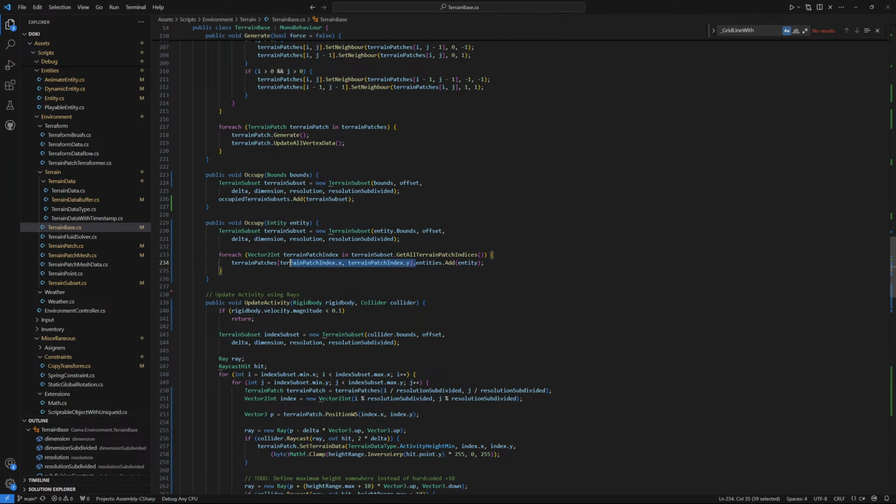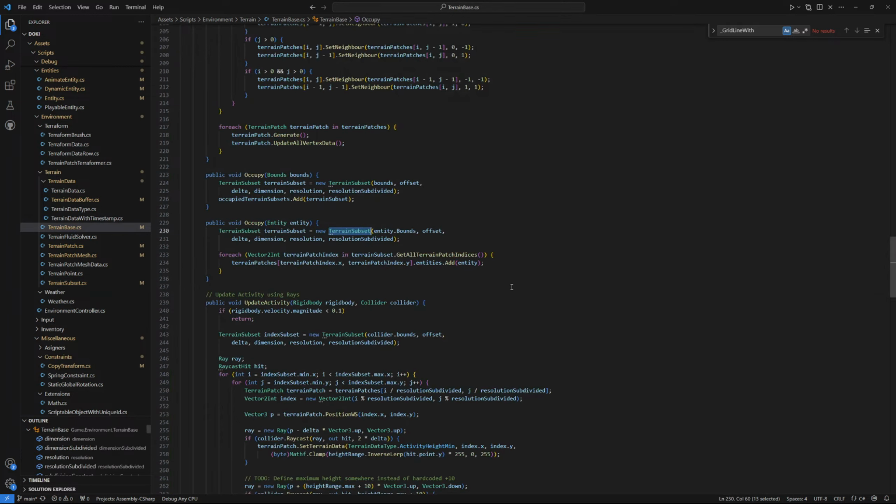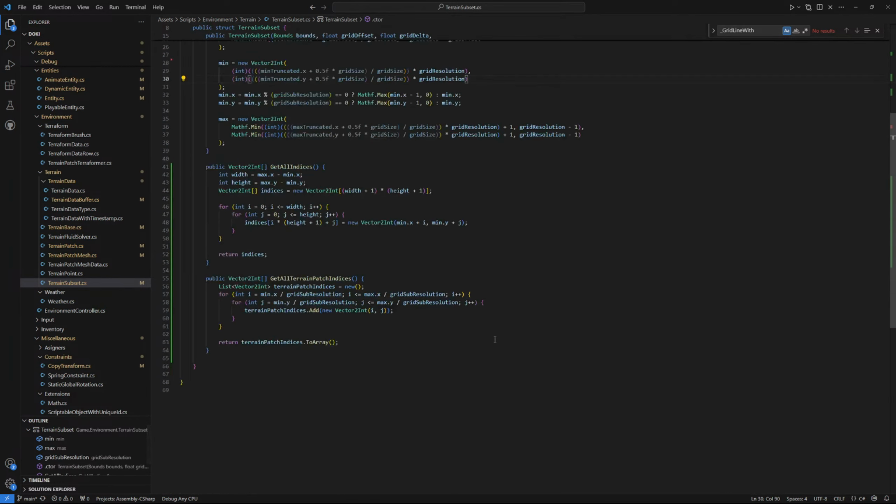It's when we try to do terrain patch index X. Terrain subset. Bounds, grid offset, grid delta, grid size. Yeah, okay, so we might get. It's actually, so when we try and get all terrain patch indices,